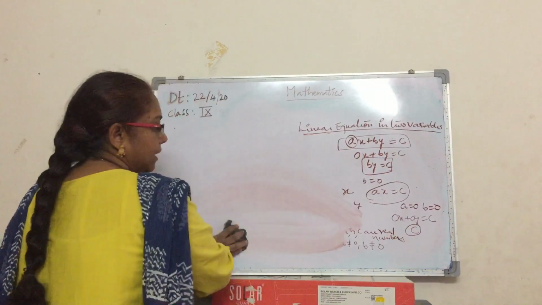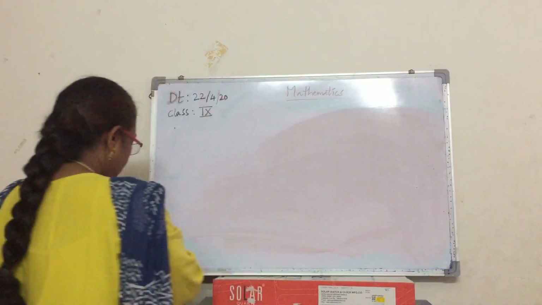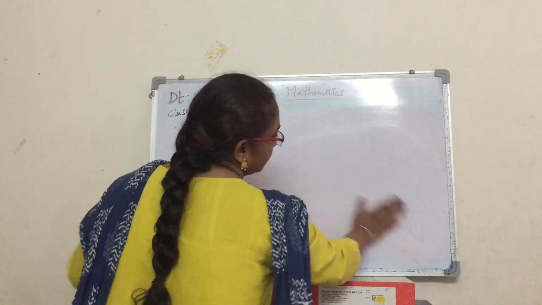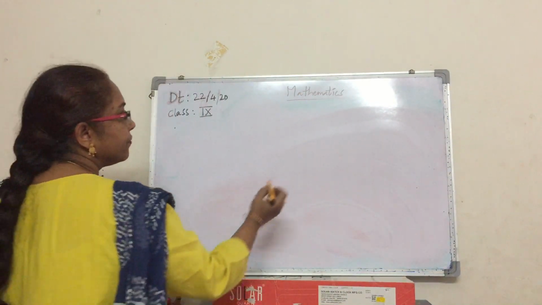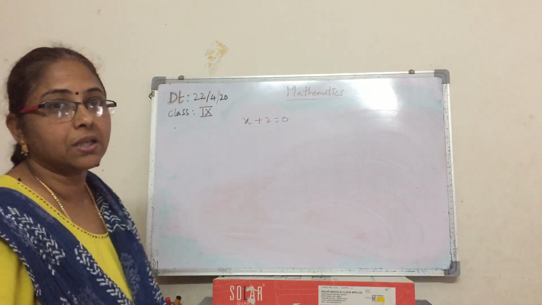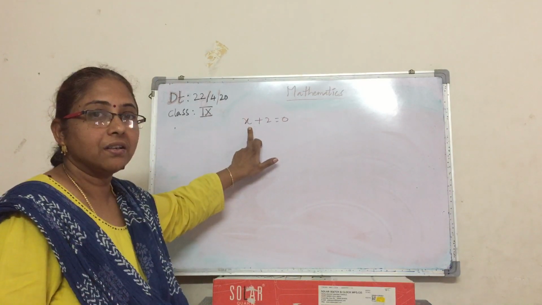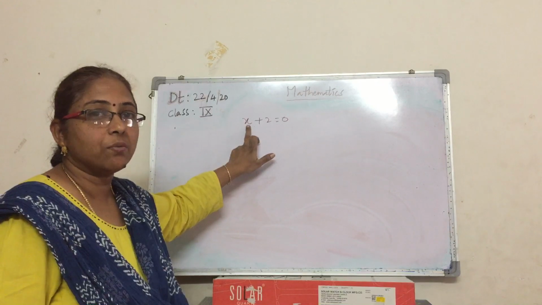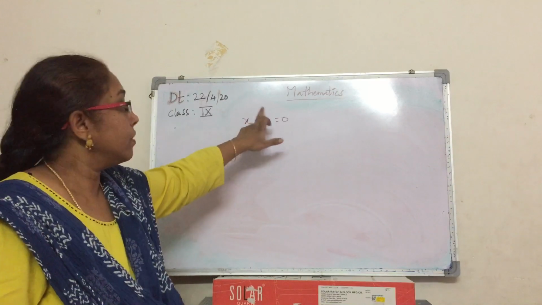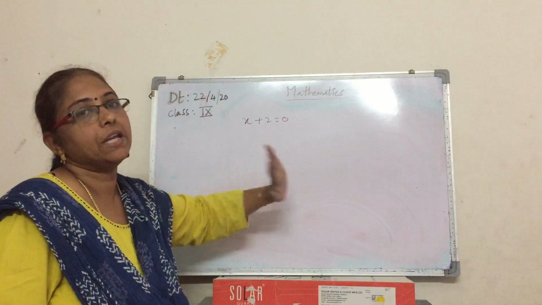We already studied linear equations in one variable in the 8th class. Okay. Give one example of a linear equation in one variable. Can we take x plus 2 is equal to 0? Is it a linear equation in one variable? Linear means degree 1. Here there is only one variable, and its exponent is 1. So its degree is 1. It is linear. How many variables are there? Only 1. Here it has an equal sign. So finally it is called a linear equation in one variable.